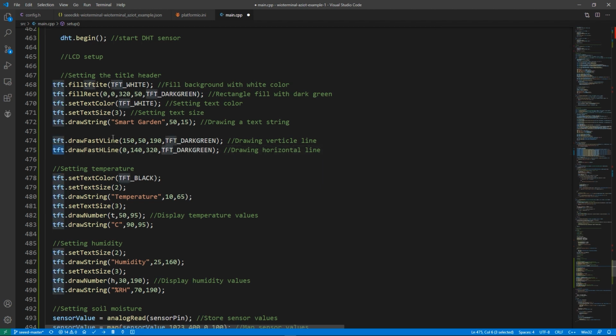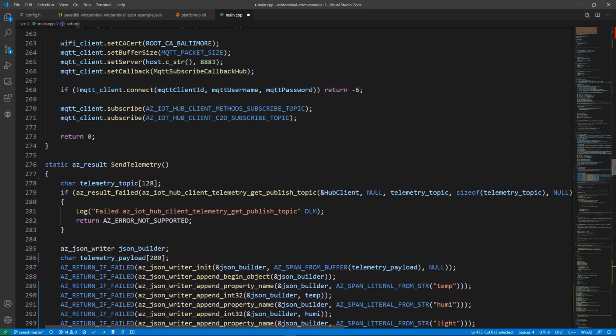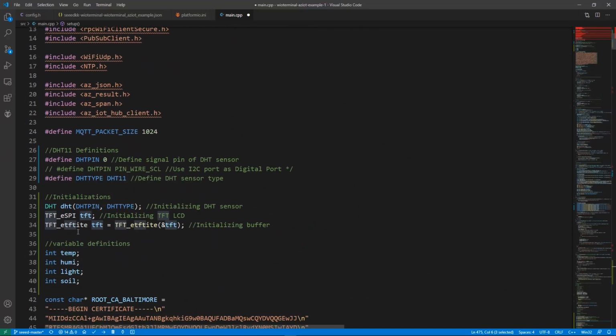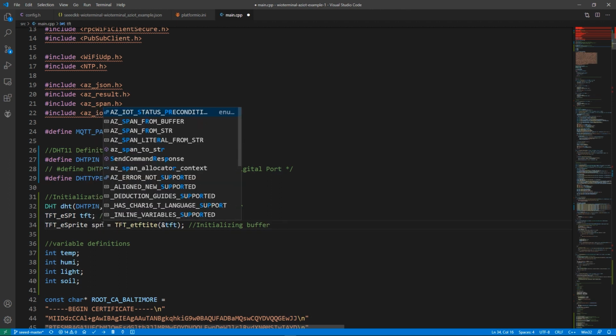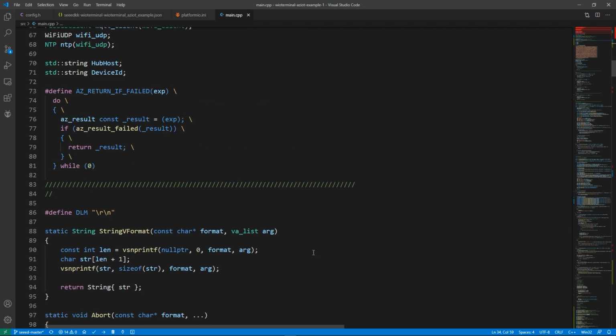So after we replace SPR with TFT, if we go up, we need to make some changes. Because here was SPR, so here was sprite, SPR, and this was also SPR sprite. So coming back down,